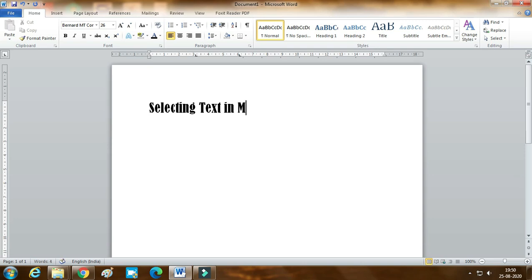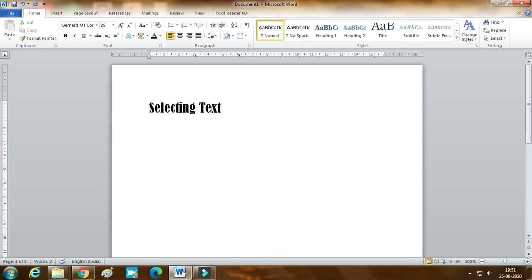Either we can delete it, or we can write in between two letters, or we can change the color or the font size. All such types are called editing text. Before doing any editing or changes, we have to first understand how to select it.